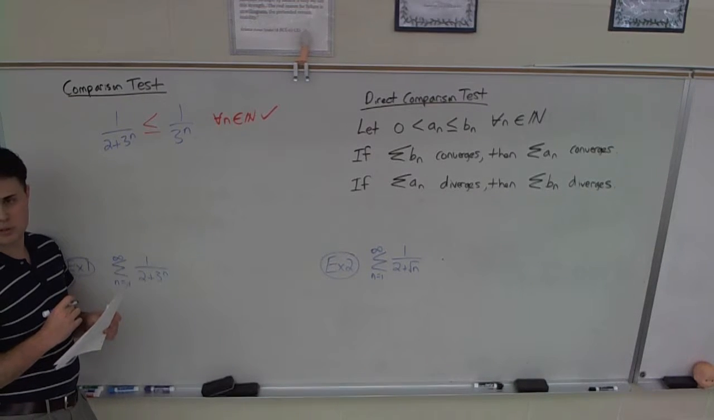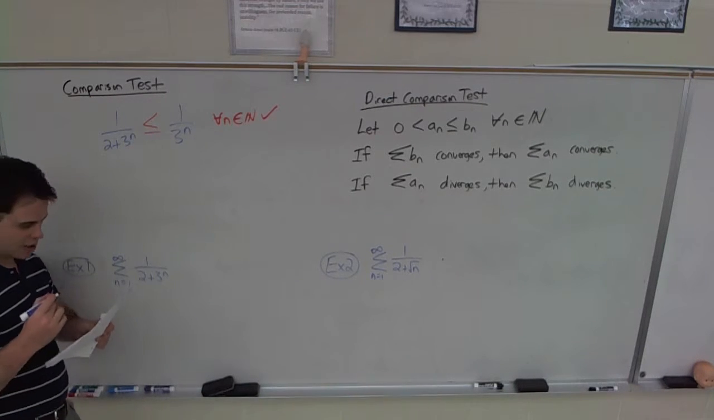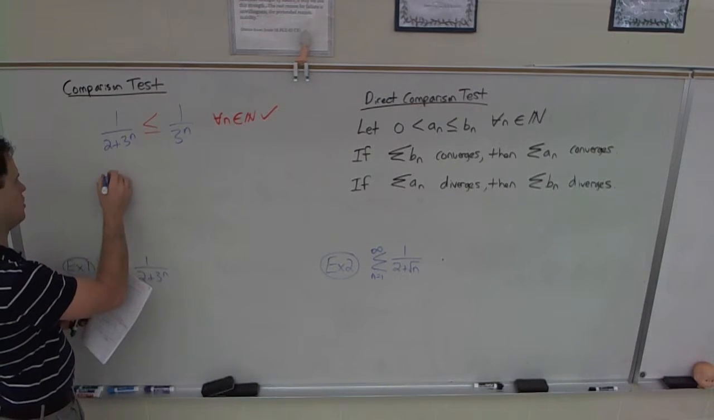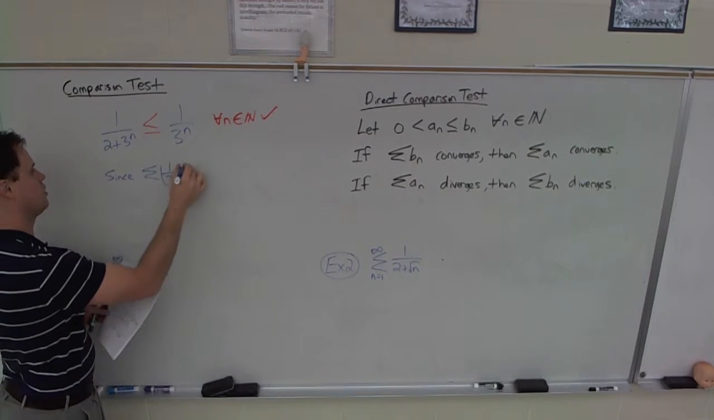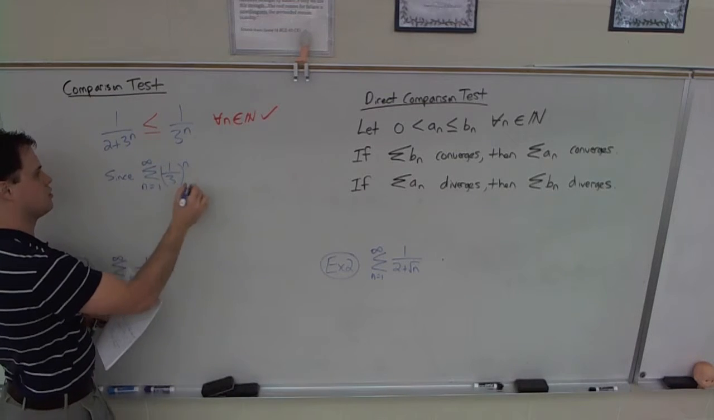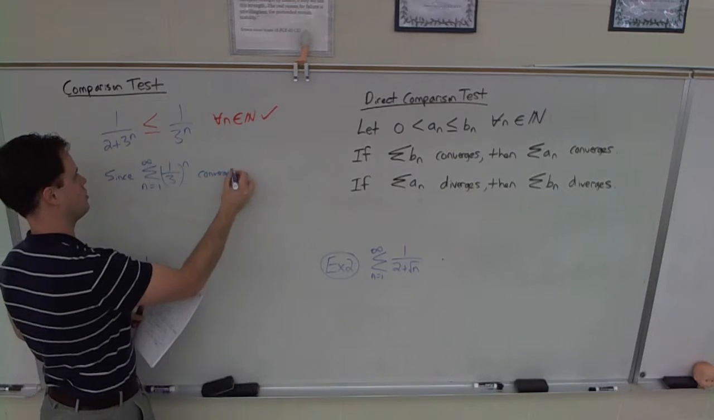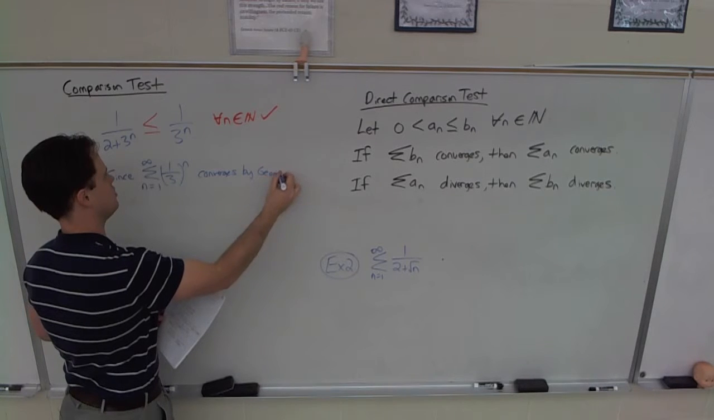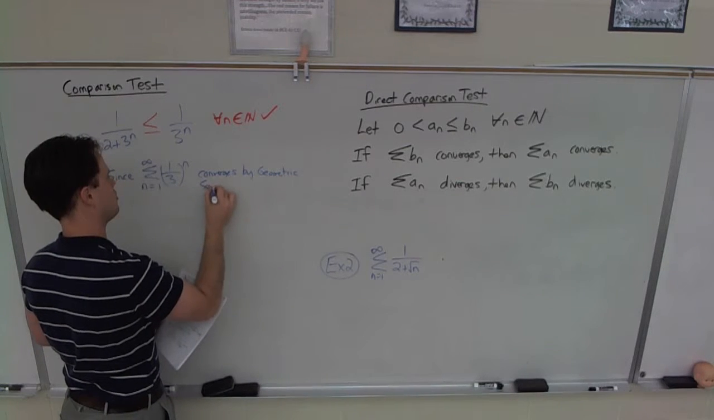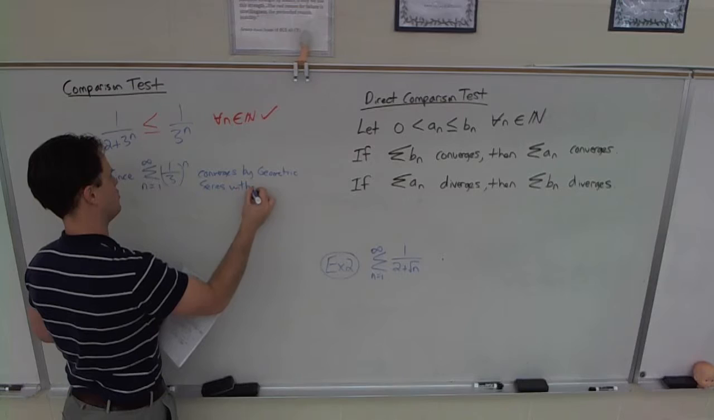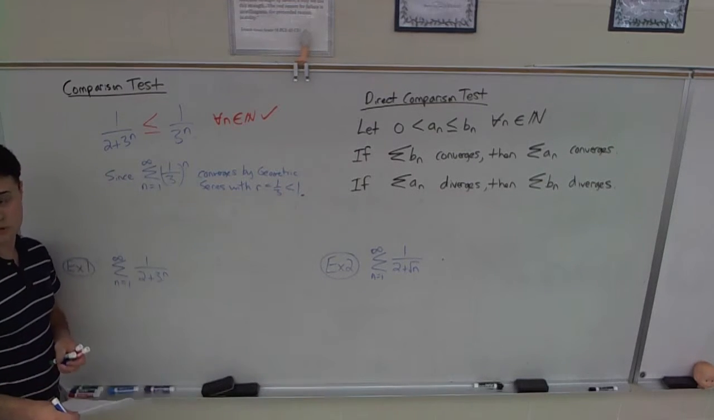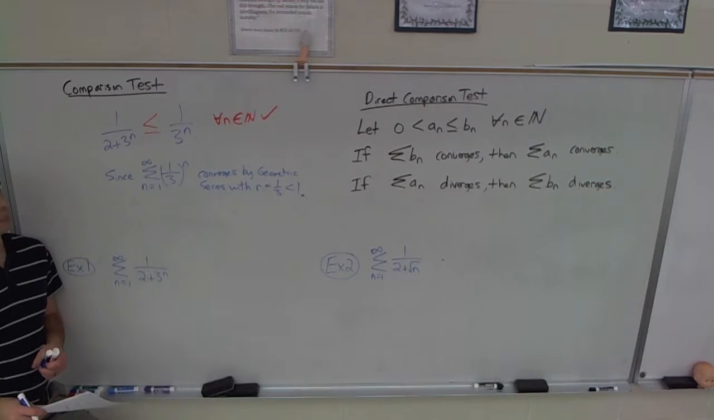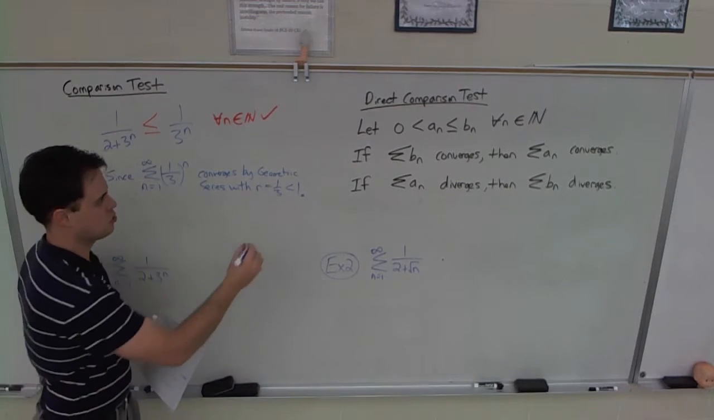Does it converge or diverge? Converges by? By geometric series. Yeah, so I'm going to say this. Here's how I'm going to write this up. I'm going to say since the series of 1 over 3 to the n converges by geometric series with r equals 1/3 less than 1. I'm going to write this one up real nice and formal. You guys want to follow my example on that? Since that's true,